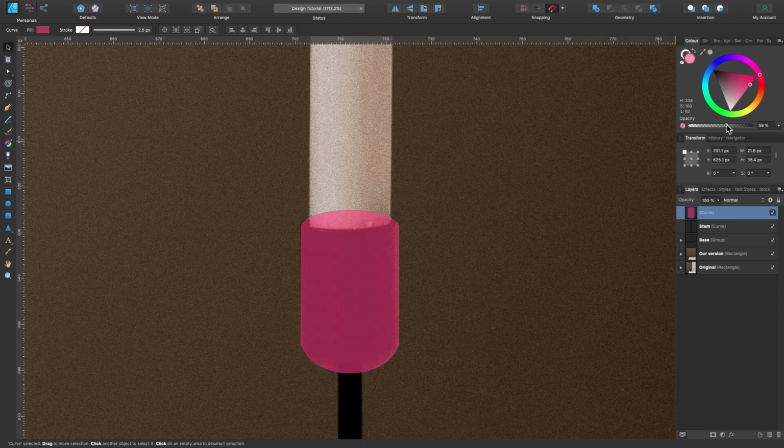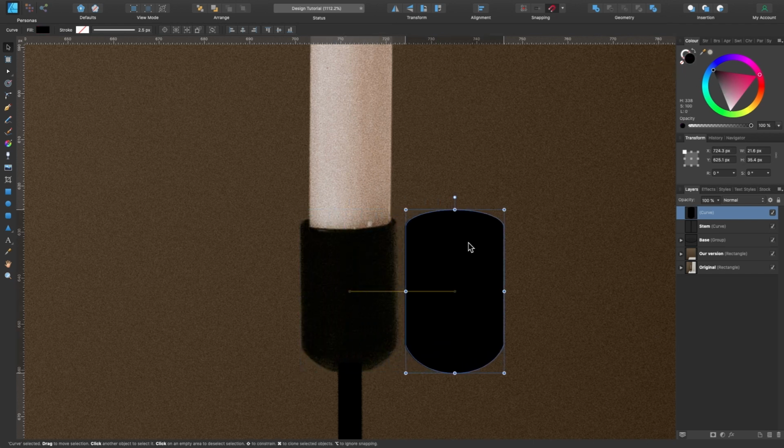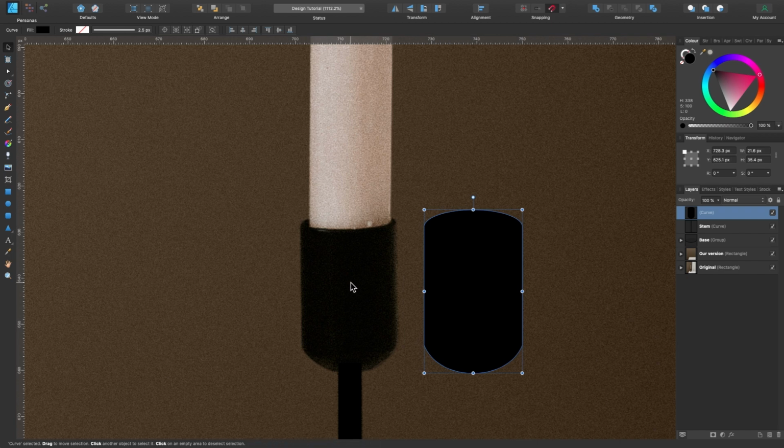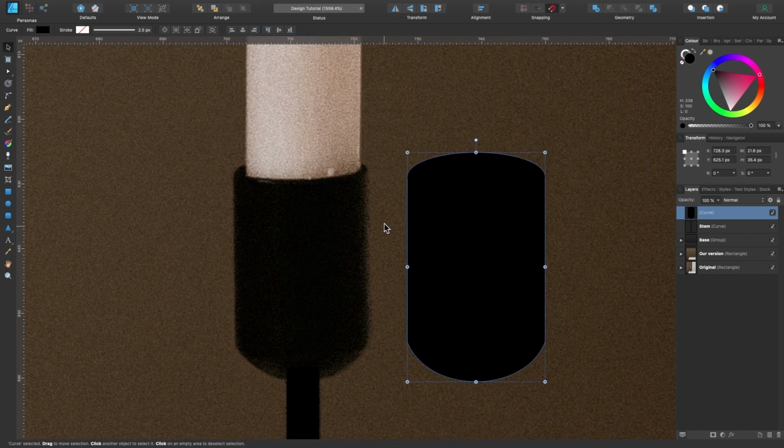I'm going to bring up the opacity again like that and make it black. Okay, using the move tool, I'm going to click and drag it out whilst holding shift so I can snap it back into place. I'm just going to look at what we have here. So I'm not sure if you can see on the computer screen here, but there is a slight reflection at the bottom and the side there. So we're just going to go ahead and add that. I won't use the gradient tool this time. This time I will just create shapes and give them a Gaussian blur.